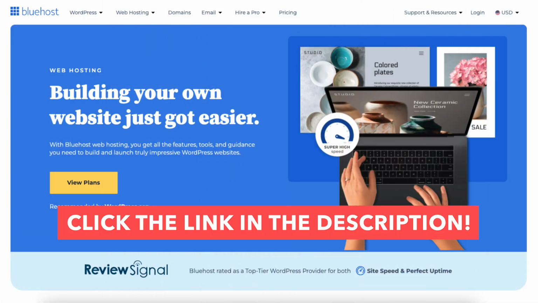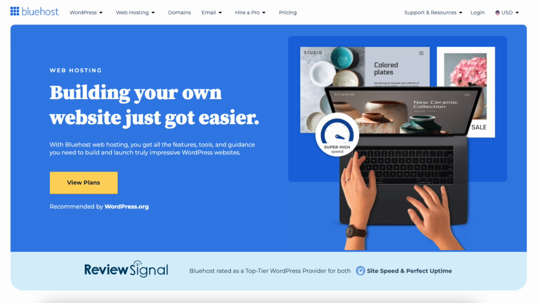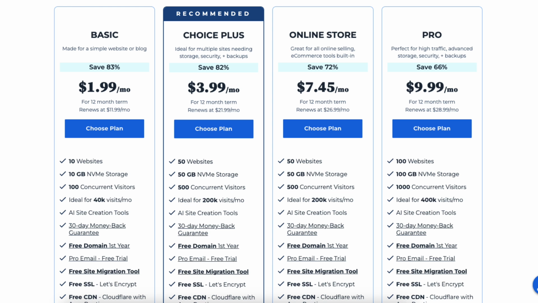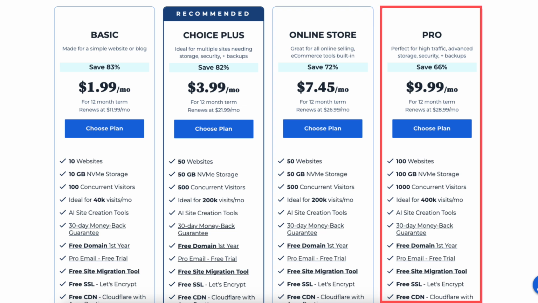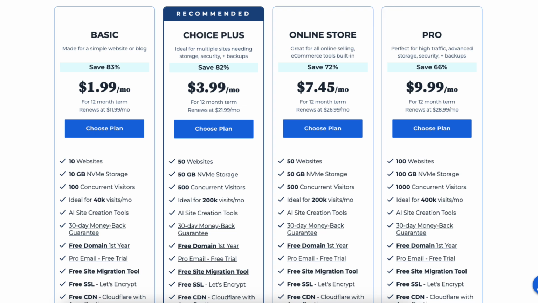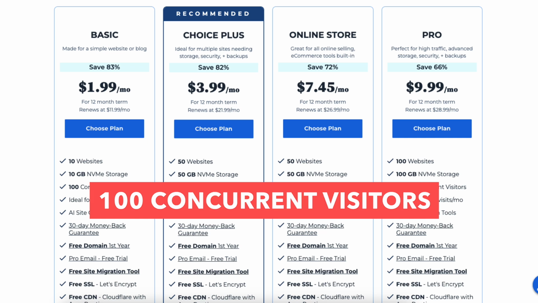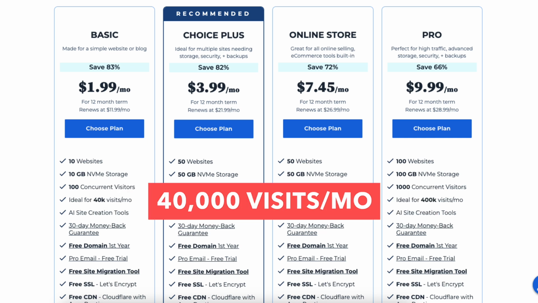Once you click the link in the description below, you'll be on the Bluehost page. Click the View Plans button. You'll now be on the Bluehost Plans page. You'll see 4 different plans you can choose from: the Basic, Choice Plus, Online Store, and Pro Plan. The basic plan comes with 10 websites, 10 gigabytes NVMe storage, 100 concurrent visitors, and is ideal for 40,000 visits